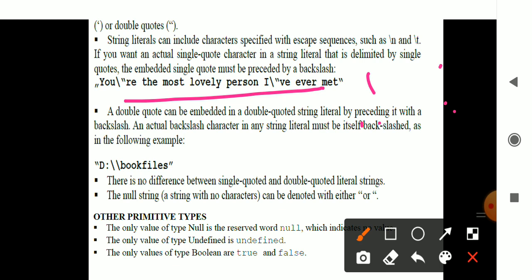And you have slash n and slash t. Slash n, as you know, takes you to the next line, and slash t is the tab. So all these formats are there.